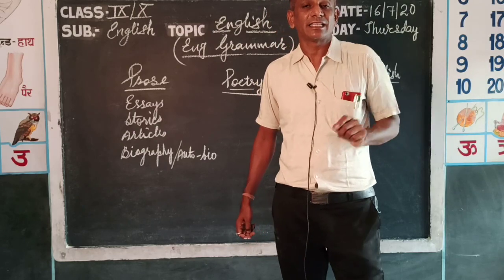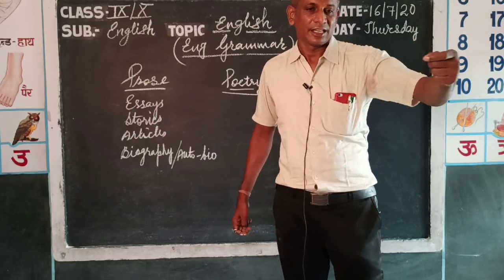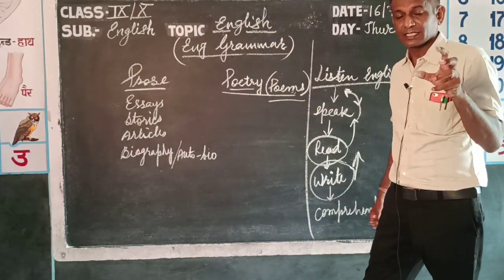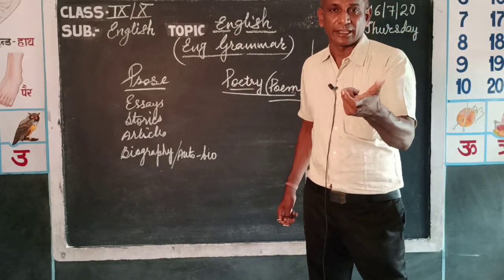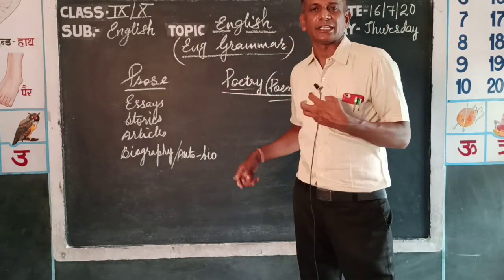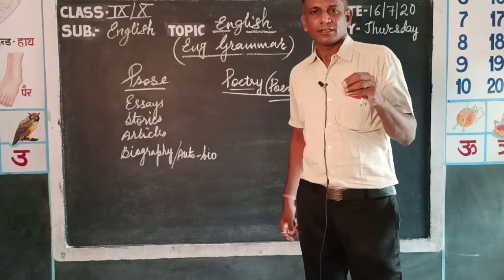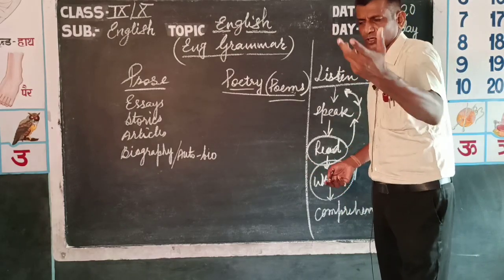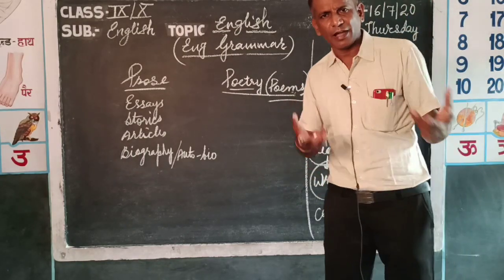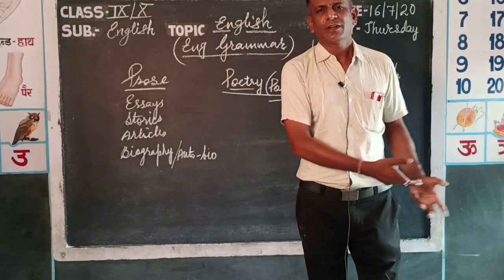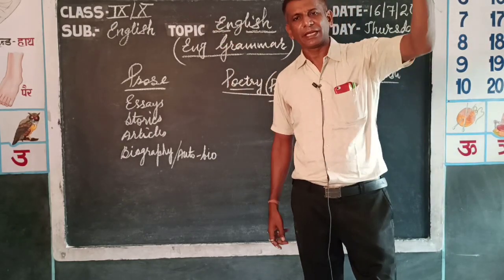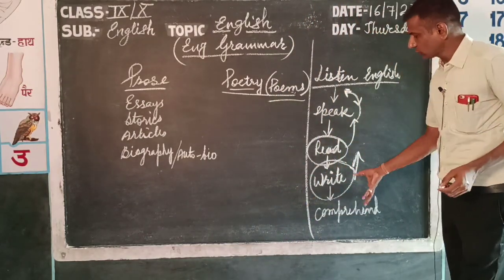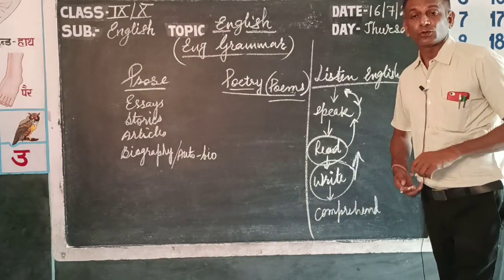That is writing. Writing is not just writing alphabets using four lines. No. Writing means you compose your own thing. You write any prose, you write any poetry. Write a few lines of poetry. Write a few lines of prose. You can write about your school, your parents, your family, your favorite festival, or on the big issues of the country or the world. So go through these things, then come to comprehend.